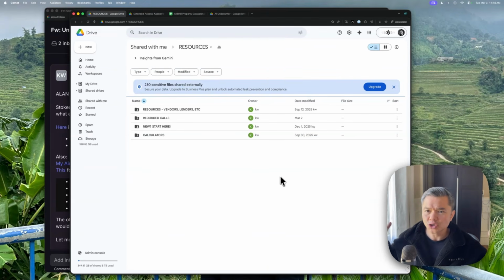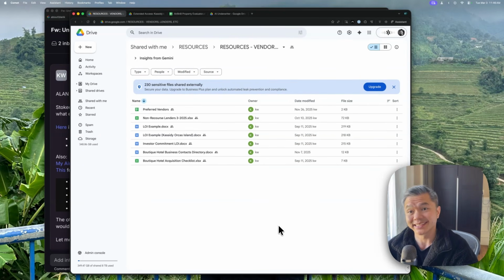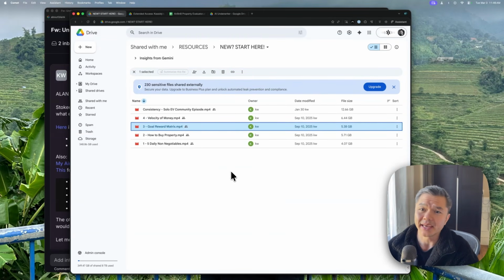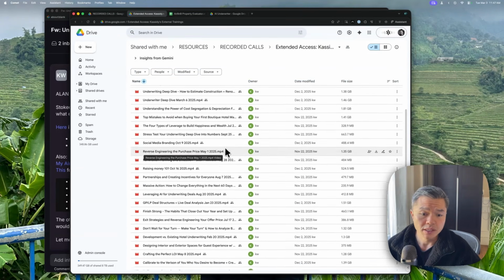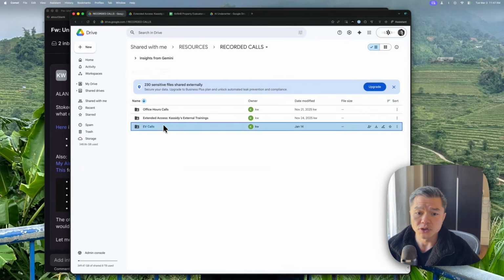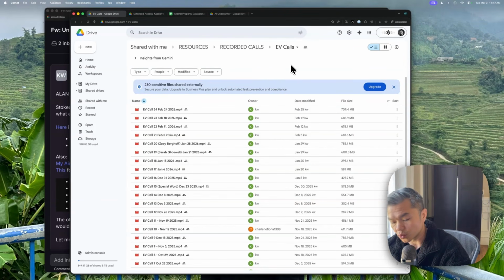Cassidy shared with me a bunch of resources that he shares with his community members. He's got a Google Drive with all sorts of assets and resources that community members can leverage: Google Sheets, Excel spreadsheets, and documents about Cassidy's method. There are videos walking through and explaining his program and methodology. There's a library of recorded calls on different topics that community members can access, and then there are the community calls as well. All of these are recorded, and they're twice weekly.